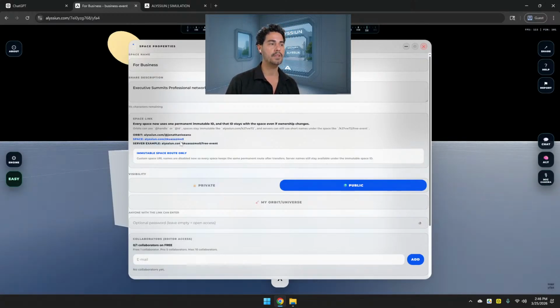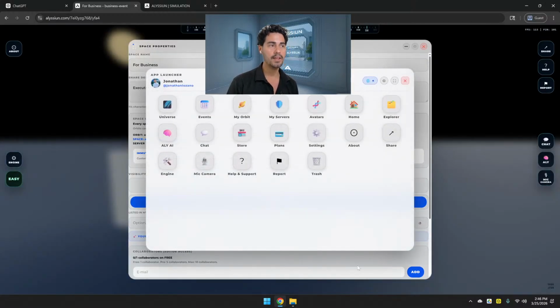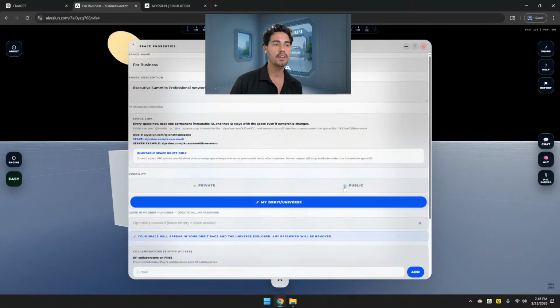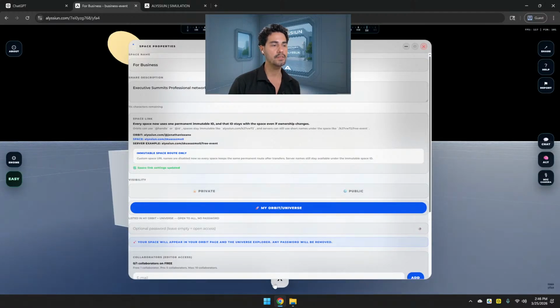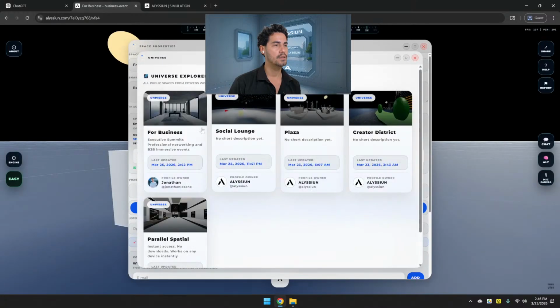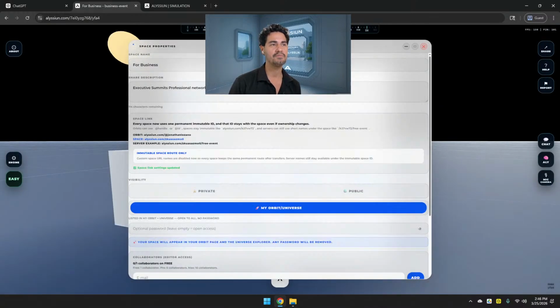So this is a sample link. This is the link of the space, right? So here it is, the link and the server. So this is public. Now, when you put it in space on universe, what is happening is it's going to put that space in here. When you click save, let's put an example. Save. The name is for business. This property. Actually, I choose the same for business. And then the point is that that's what it is.